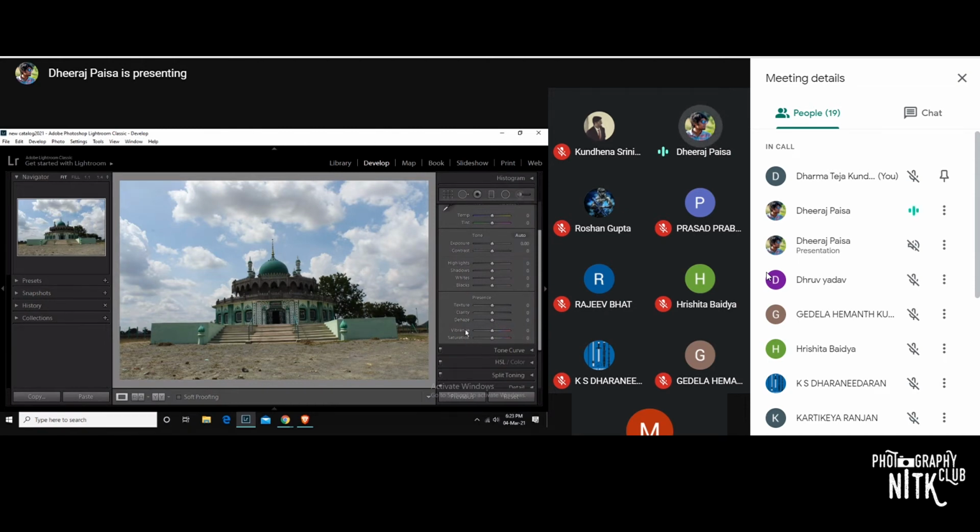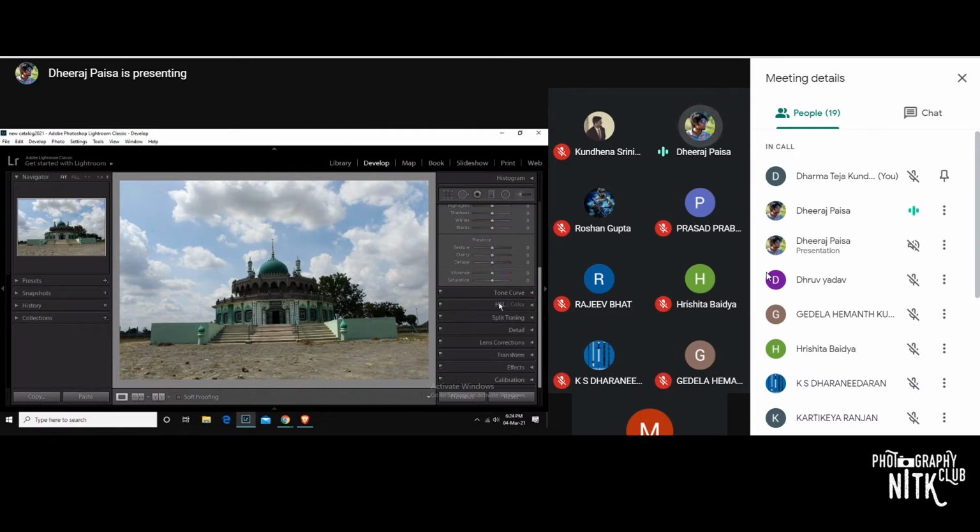And vibrance is the color intensity of the midtones, whereas saturation is the color intensity of all the tones or all the colors present in the picture. Next comes the tone curve, where the topmost part of the tone curve includes the brighter parts, while the downmost part includes the darker parts of the image. Without using this basic adjustment, you can edit the picture using the tone curve.